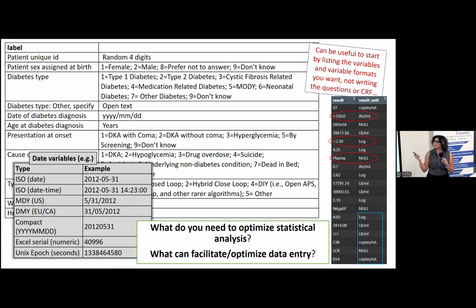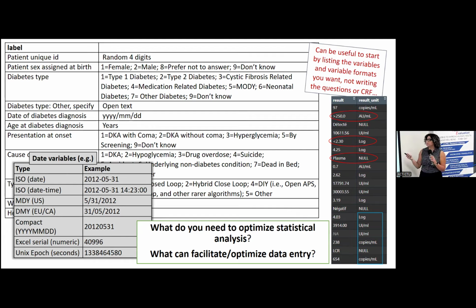So like Dr. Fortier mentioned, it's extremely helpful to list the questions in terms of variables. What are the variables that you're expecting, and in what format would you like to use them? So here's an example of lab measures. We knew that we were collecting lab data on participants, but the way we receive the data isn't necessarily the way that you'll be using it in your analyses.